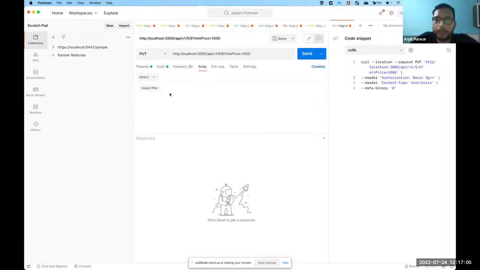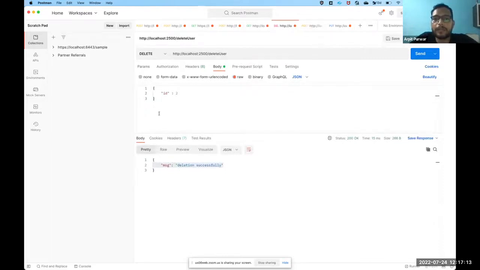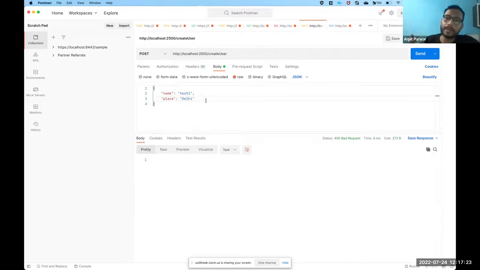And body is where we are going to send the whole data. Like you remember the CRUD operations which we were doing yesterday? This is our body where we are passing the data. This is a very small example, but we can pass a lot of bigger data from here. So that's the body where we pass the original data. That's the difference between params and body. Let me come back to the questions now.